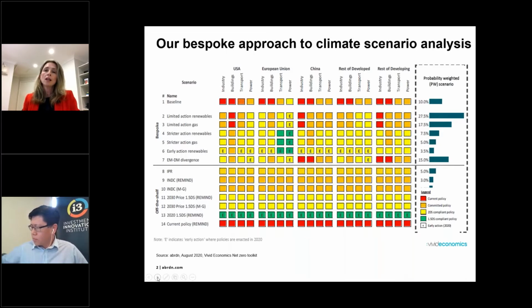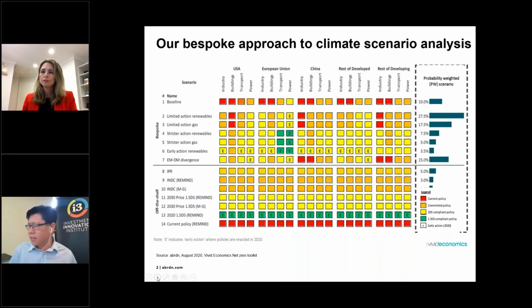And we don't just want to examine or analyse a hothouse world of, say, 3-degree warming. We want to examine the vast probability mass of distribution in between those scenarios, because that is the true nature of climate risk and opportunity, and in reality is the pathways that we're heading down. So we do examine a broad suite, but that's important because you don't just want to examine tail risk, you want to examine the true nature of climate change, which is those scenarios with temperature outcomes in between the extremes.